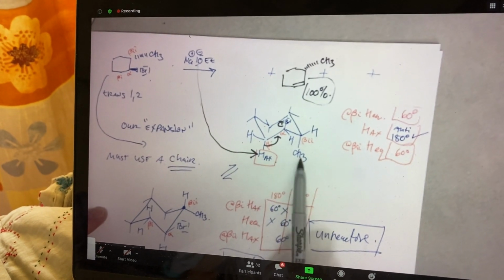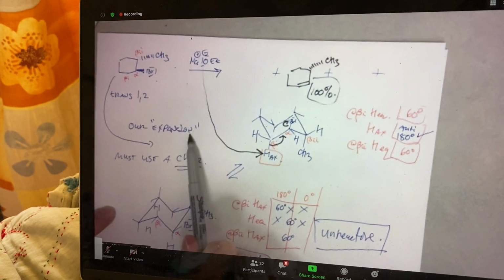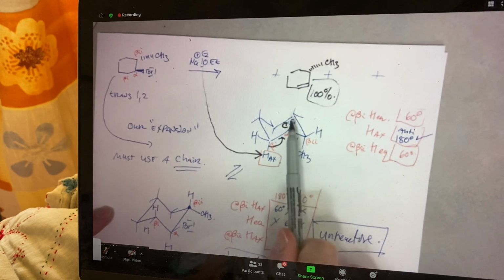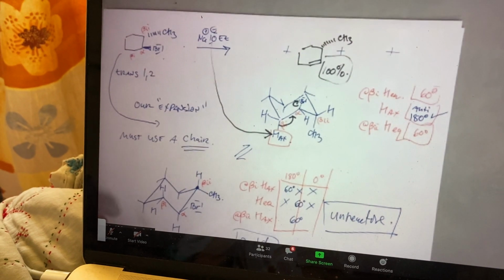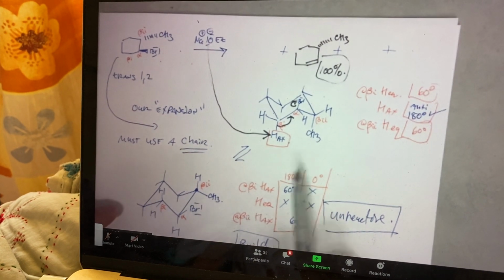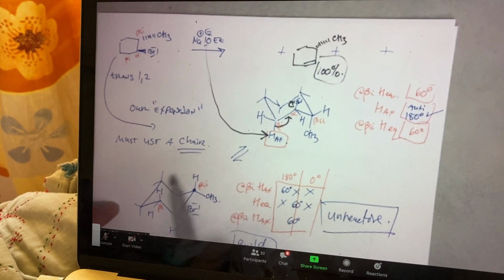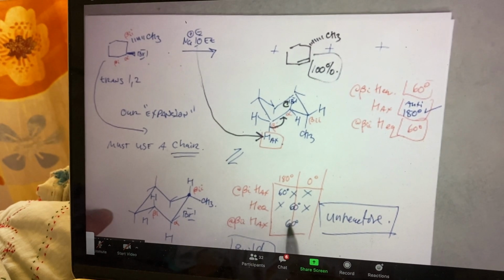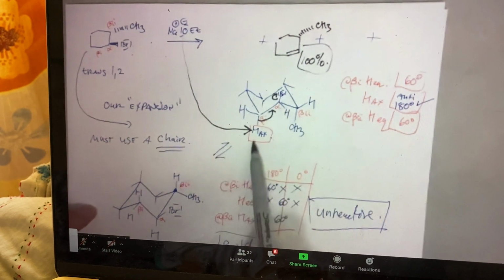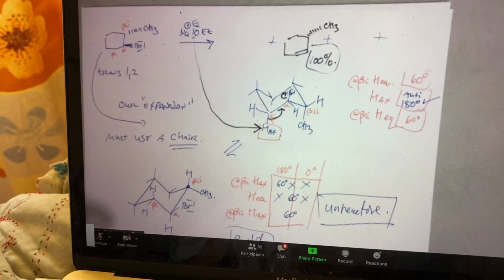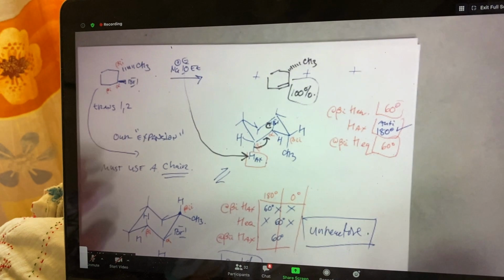But when bromine is axial, then if we can find adjacent axial hydrogens, just one, then it can react there. So the trick for our expansion using chairs: put the leaving group in an axial position, then explore all beta positions for axial hydrogens. I'm not going to write that out, it's a mouthful, but the moral of the story, if we look at this very carefully, in the equatorial or more stable conformation for this molecule, none of the beta hydrogens can line up properly. If we put it in a less stable conformation, but put bromine axial, we now have a chance to find reactive hydrogen atoms. Let's do one more example in our notes for you to work on your own, and then we'll do